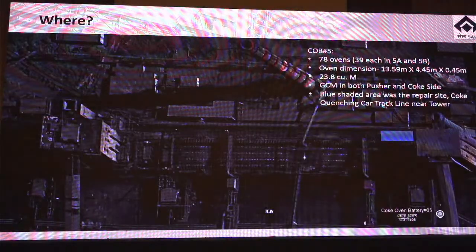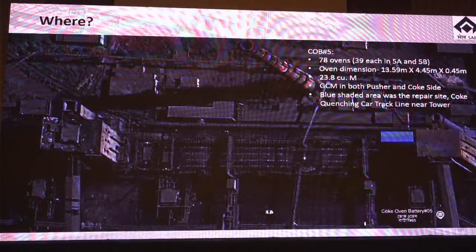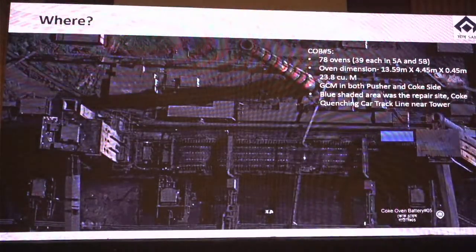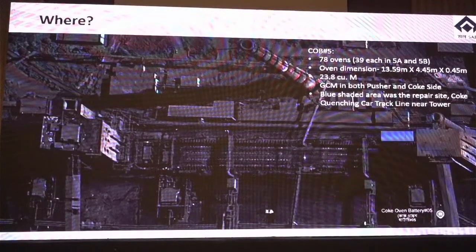I have taken this from Google Earth. This is showing our battery number 5. We have 2 blocks, 39 ovens in each block. Oven dimension is as given here. GC main in both sides, pusher and coke side. You can see in the blue shaded portion, that is the portion of